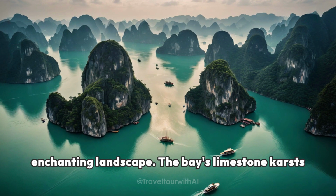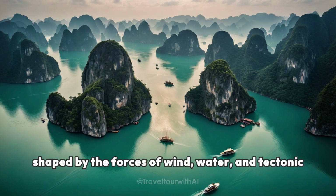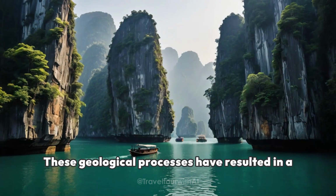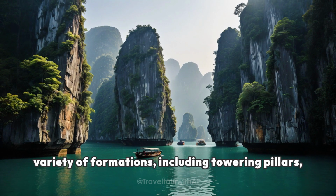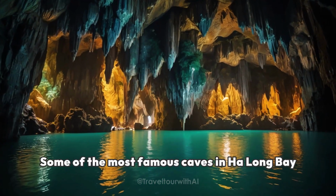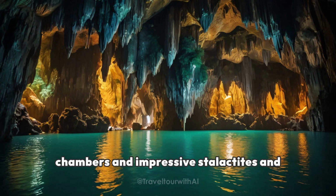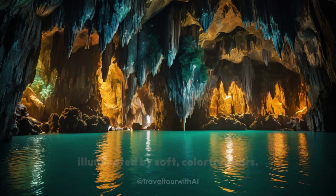The bay's limestone karsts and isles have been formed over millions of years, shaped by the forces of wind, water, and tectonic activity. These geological processes have resulted in a variety of formations, including towering pillars, secluded coves, and intricate cave systems. Some of the most famous caves in Ha Long Bay include Sung Sat Cave, known for its expansive chambers and impressive stalactites and stalagmites, and Tien Kung Cave, which features a labyrinth of stunning rock formations illuminated by